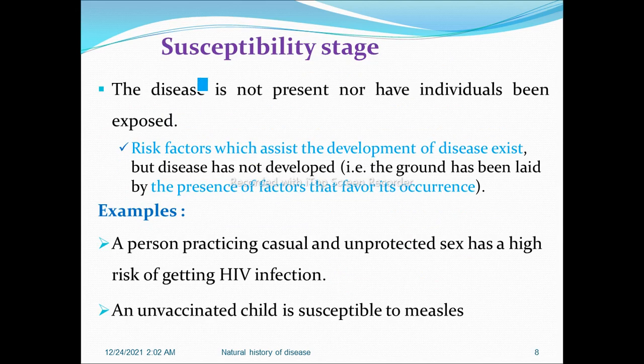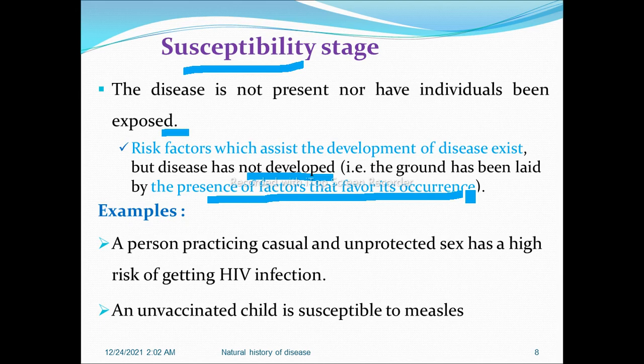So the first one is the susceptibility stage. A disease is not present, nor have individuals been exposed. Risk factors which assist the development of disease exist, but disease has not yet developed. That means the ground has been laid by the presence of factors that favor its occurrence. So this means that there are factors which lead to the development of the disease,